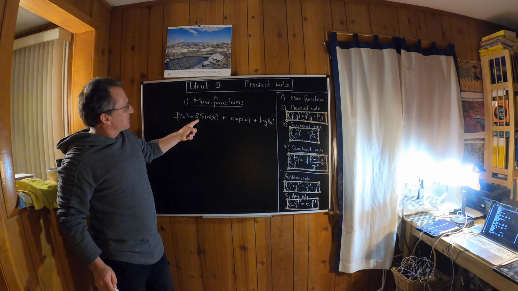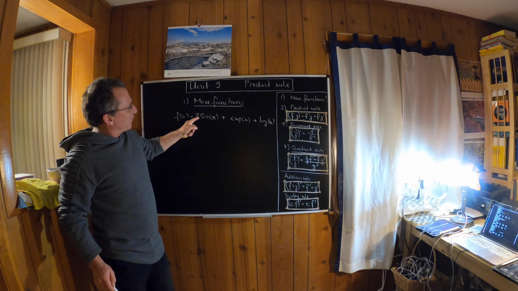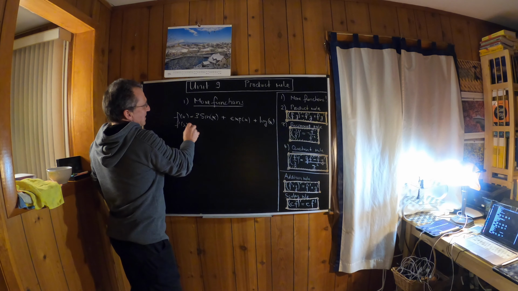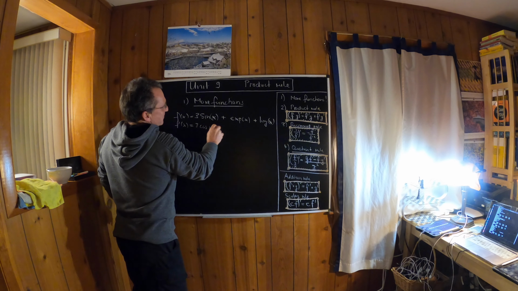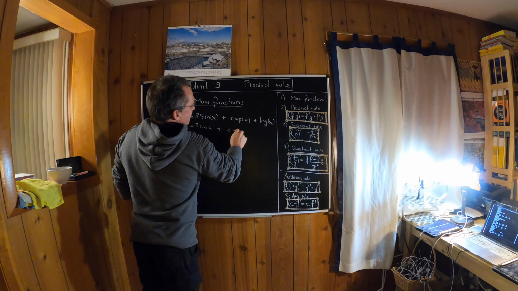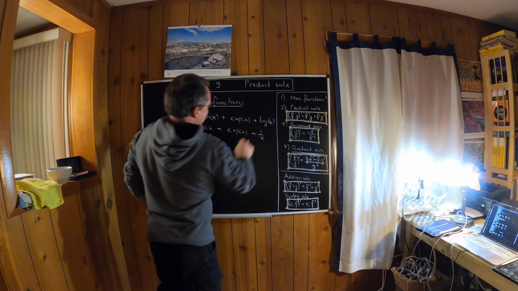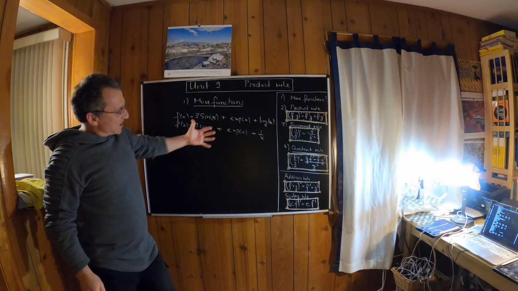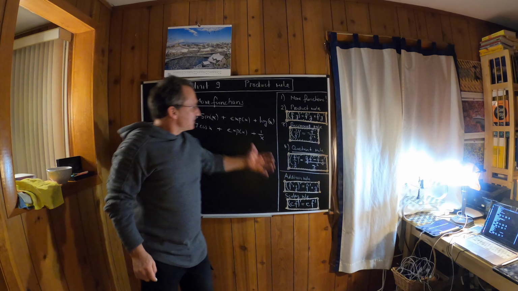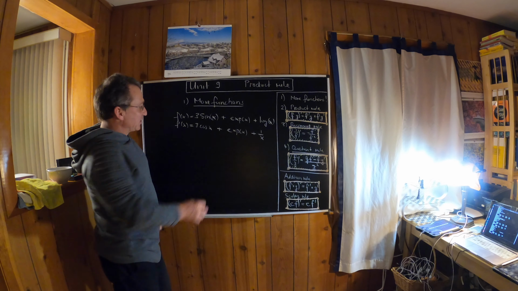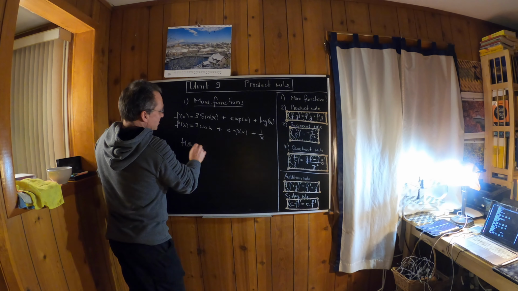Right? If you multiply this with a constant, we know how to do that, so the derivative is 3 cosine x plus e to the x, and then plus 1 over x. So we know how to differentiate sums, we know how to differentiate these, we know how to differentiate basic functions. But we don't know how to differentiate,